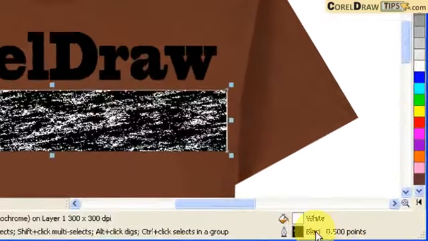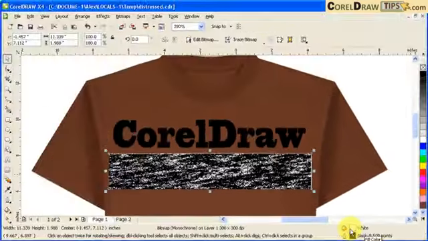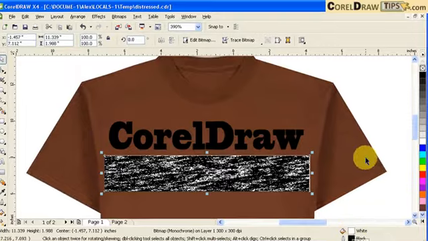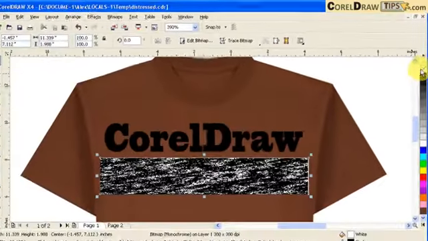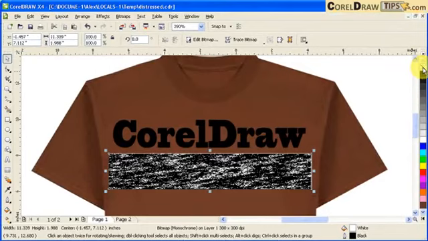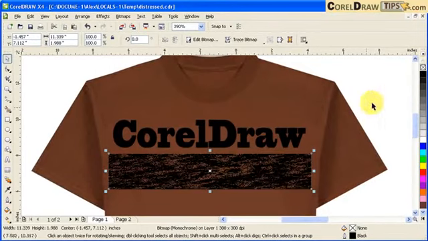But you notice here that the outline is black and the fill here in the status bar is white. I want you to remove the outline, remove the fill. So this is white, so I'll remove the fill by clicking on this icon here, the X for no fill. There. So now what you can see is just a texture of the black, but we don't want black,